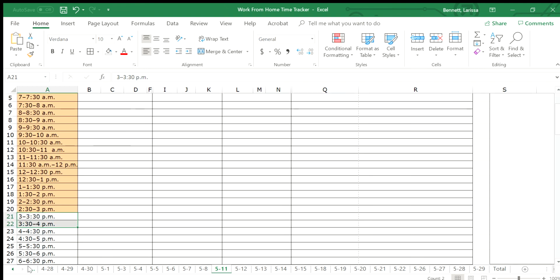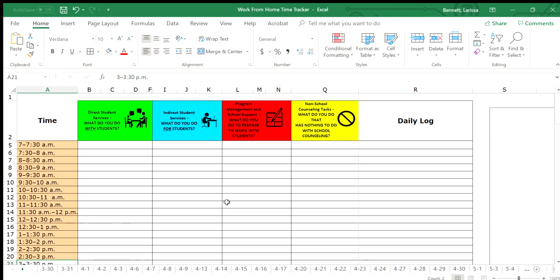So that's a way that you can put information across all spreadsheets. And that works if you're transferring data or information, or if you want to change some of these words, you can do that on one, as long as you have the rest of them highlighted. Okay, so that's tip number 1.